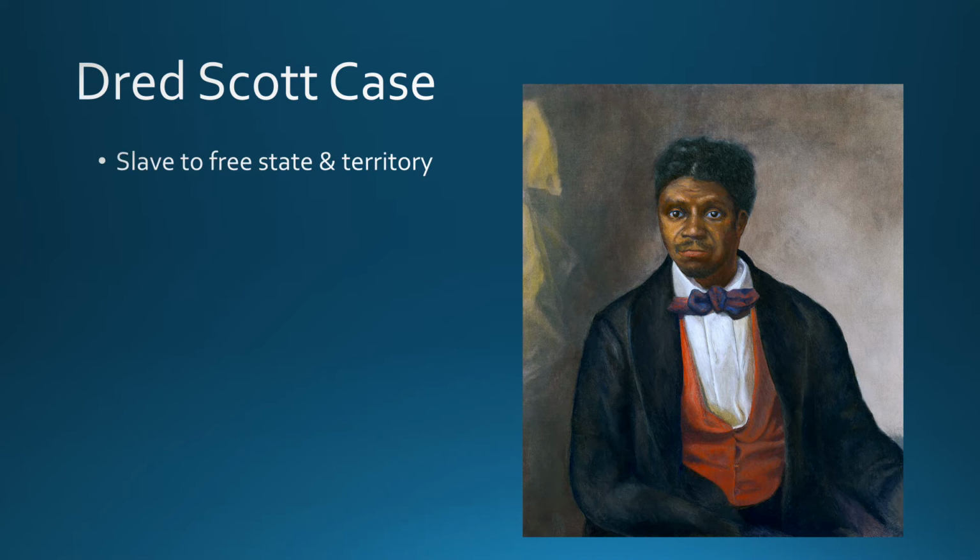So Dred Scott was a slave. However, he had accompanied his master to Illinois and then to Wisconsin. So what that meant was that he had literally gone with his master to a free state and a free territory. And then he returned back with his master to Missouri, a slave state. Well, here's what's going to happen. Dred Scott's going to say, wait a minute, I was moved to a free state. I was moved to a free territory. Wouldn't that mean I'm free? So he's going to sue for his freedom.